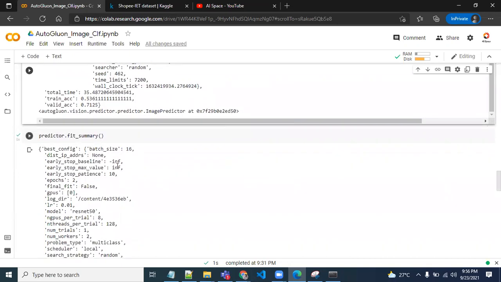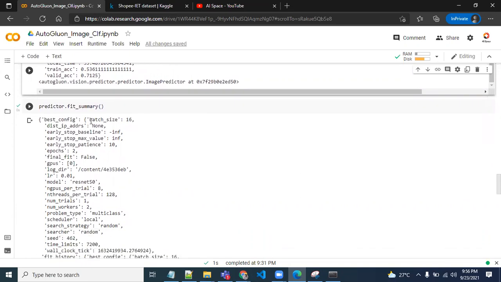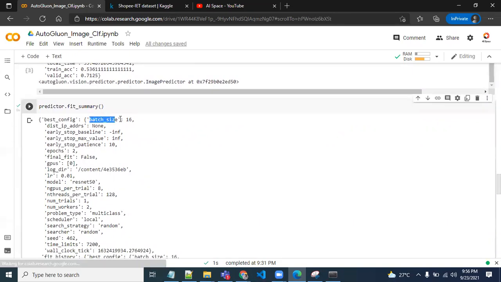Now let's see some of the summary of what the AutoGluon model has learned by default. So basically, you can see batch size it is using 16, as I mentioned earlier. You can see all the things that the AutoGluon model picked by default.